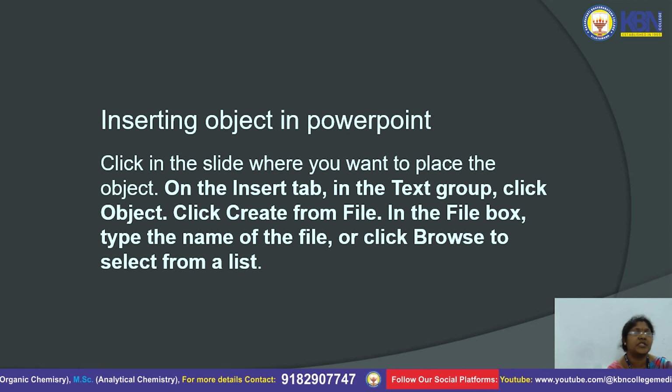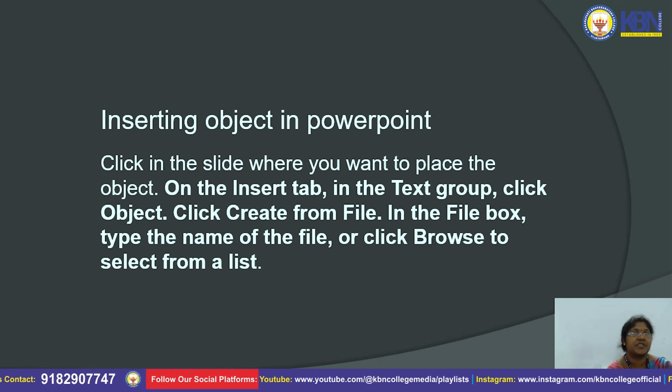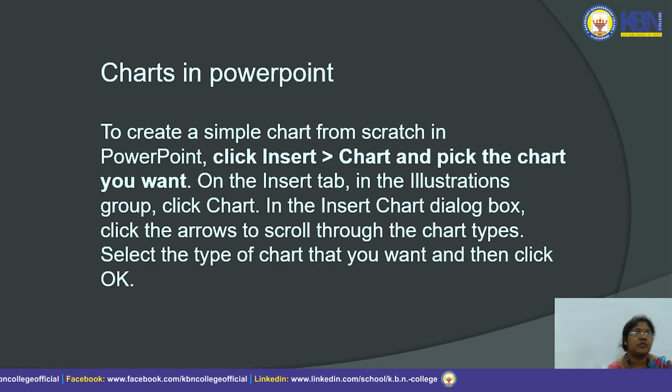Inserting an object in PowerPoint. Object means we can add a number of objects, like different shapes, formats, all those. Click in the slide where you want to place the object. On the Insert tab in the Text group, click Object, click Create from File. In the File box, type the name of the file or click Browse to select from your list. So we can add any type of objects here. So afterwards,